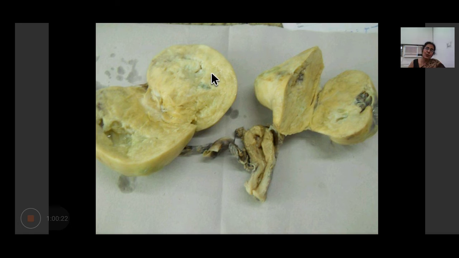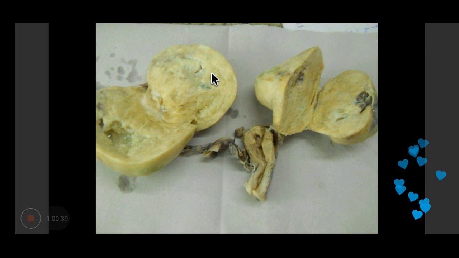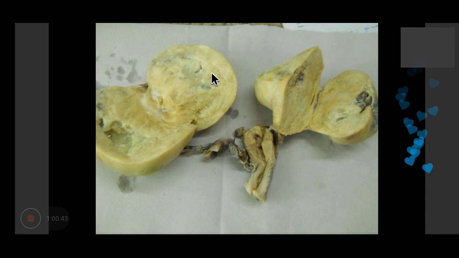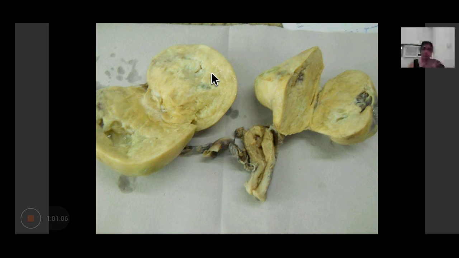This is the uterus, this is the cervix, have GI complaint,